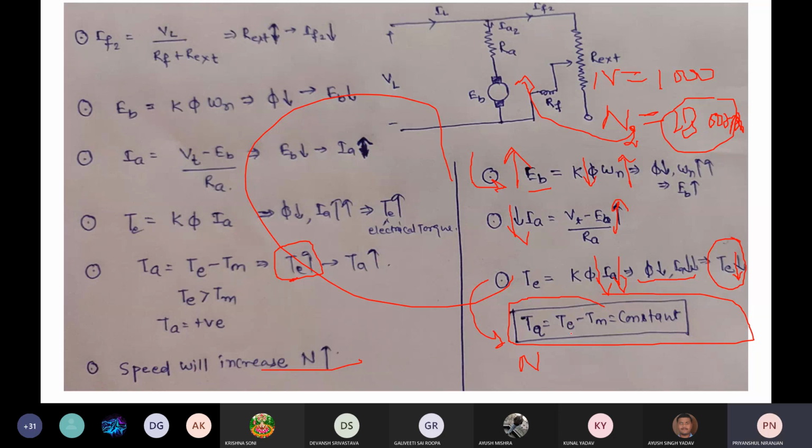At that speed, acceleration torque is constant. Okay, so this point is the final point, means rated value of that circuit. So we control the speed from 1000 to 1800 RPM by using the field winding method. Okay,